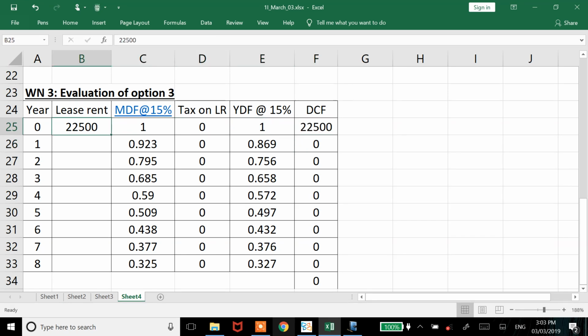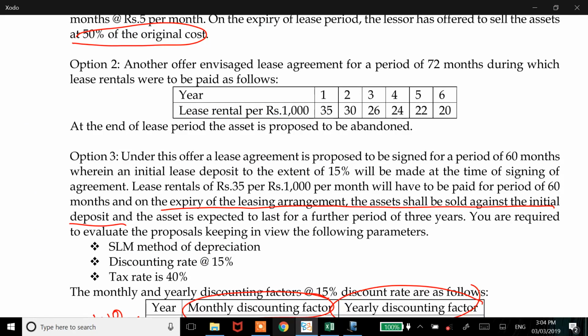In year 0, there is going to be a lease deposit of 22,500. After I give this deposit of 22,500, I'll have to pay